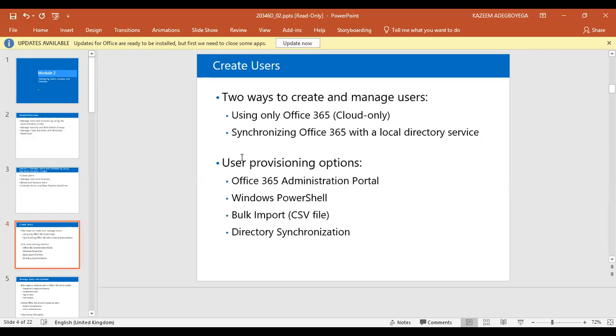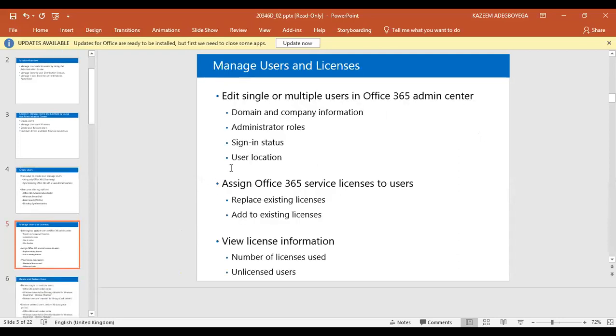Okay, perfect. So the provisioning of users, we do so using this method, which we are going to be seeing today, of course, and there will be some assignments. Managing users and licenses is also another one. Once you've created your users up in O365, we need to make sure that we assign licenses to those users that